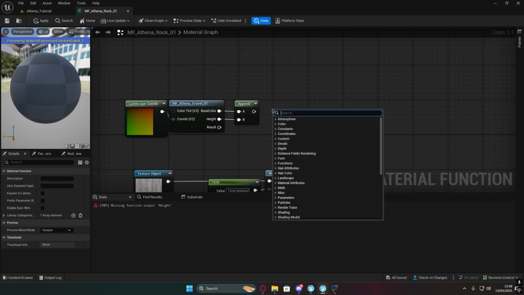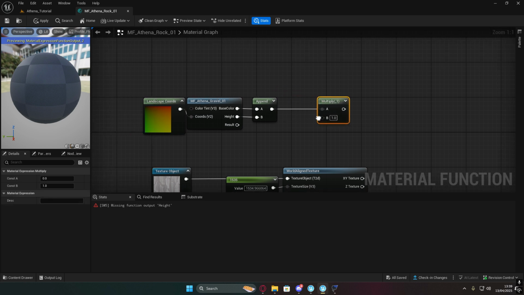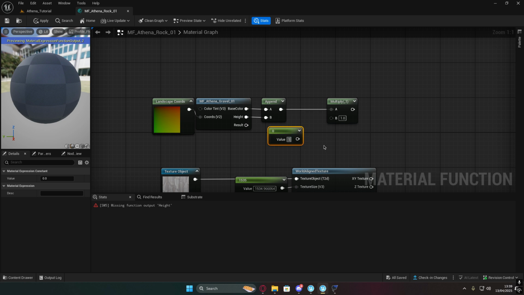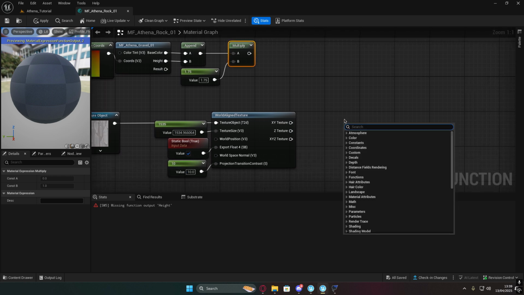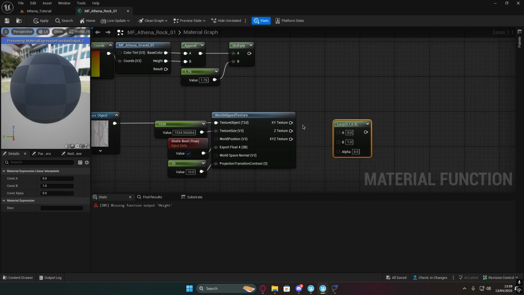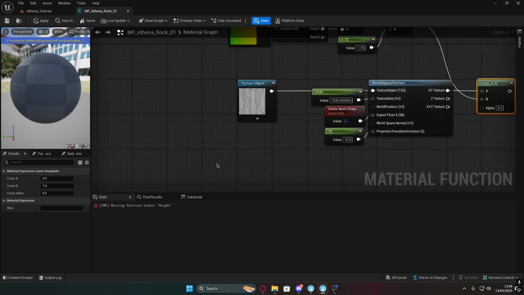So like this. We're going to get a multiply here, and it's going to be multiplied by a value of 1.75, like so. And then we're going to get a lerp node here, linear interpolate, with the XY texture in A, and this multiply down into B. Now, for the alpha, we're going to come down here and search for